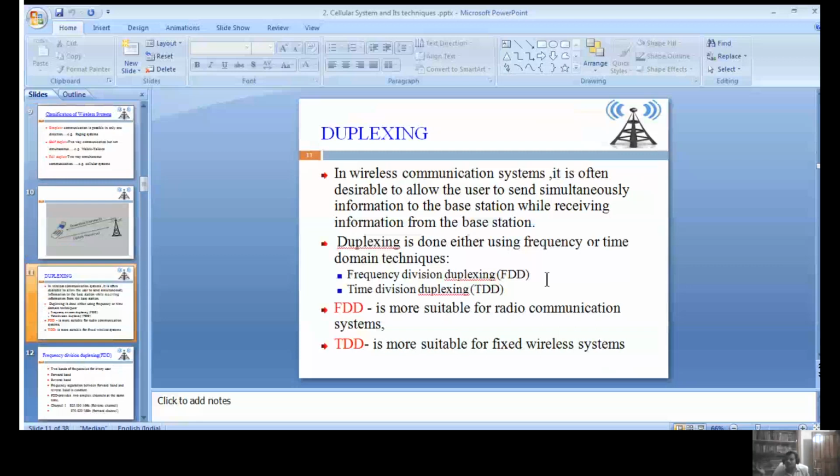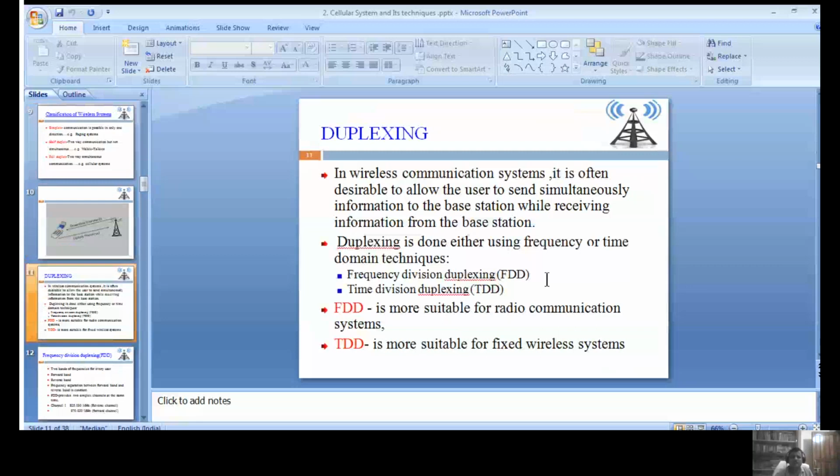That's why we have to go for time division duplexing. Here in time division duplexing, we can share the channel among any number of users. Suppose that channel 1 can be allocated to 132 students also. The first time slot is used for user number 1, the second time slot for the next user. The same channel can be utilized by any one of the students. That is the difference between FDD and TDD.